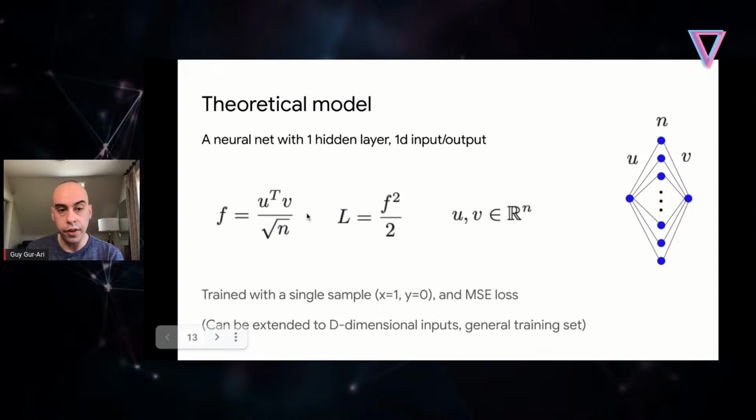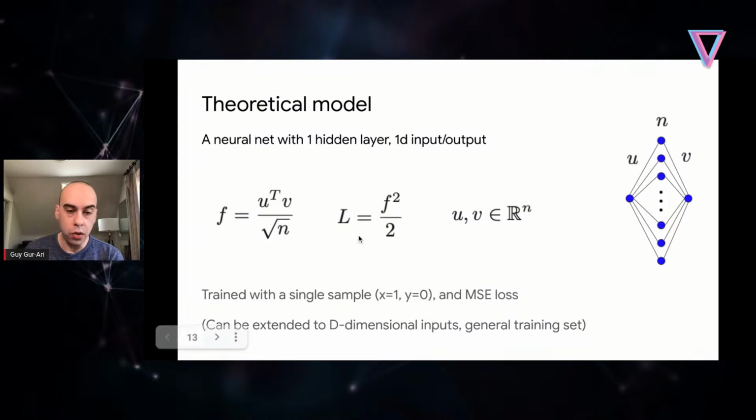Okay, so this is the network function. U and V are the weight vectors in this case, because we have 1D inputs and 1D outputs. So U and V are vectors, the weight vectors that we're going to train. And this is the function. I've dropped here the input x, because x is just 1. We're always going to evaluate this function on the same input x, so it doesn't even appear here. We're normalizing by square root of n. And we're initializing the U and V weights as Gaussian variables with variance 1. That is the same normalization as is used in the NTK paper, so that's called NTK normalization.